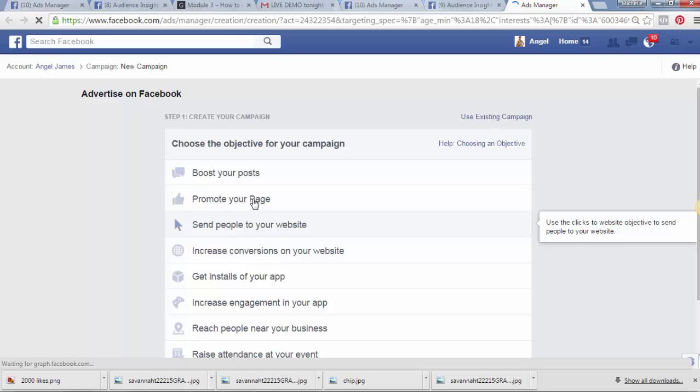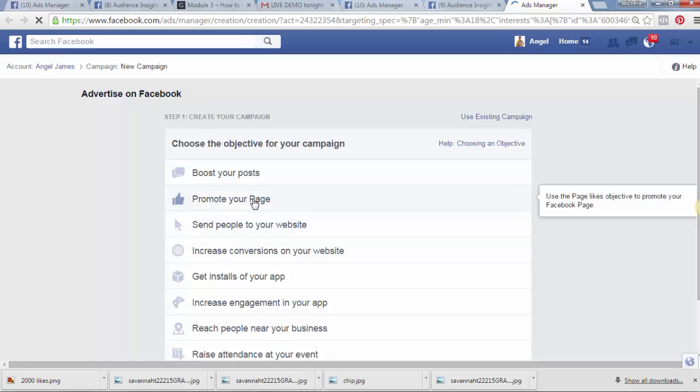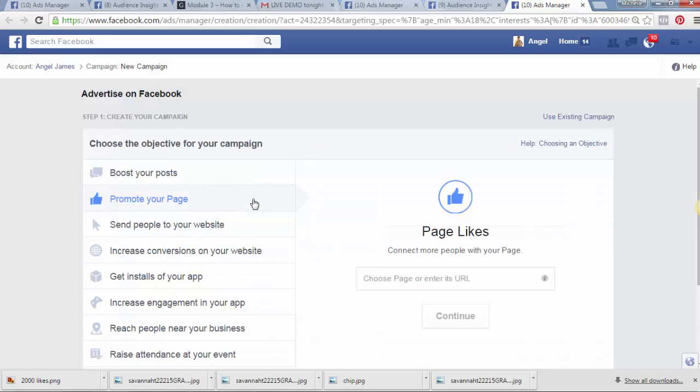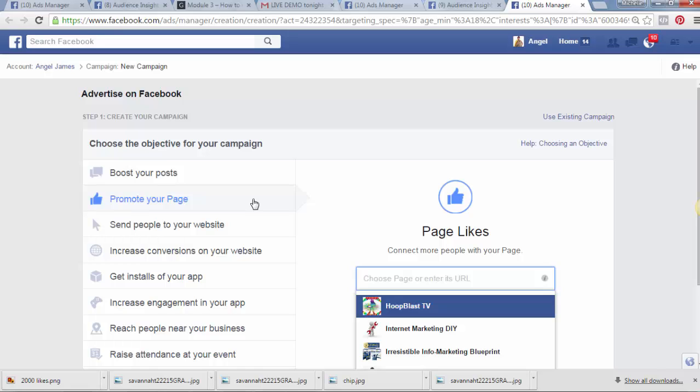And you're going to promote your page. Now I suggest promoting the page because you know that whoever clicks on your ad, they're more likely to be people that are interested in what you've got to offer. So therefore, once you've got them on your page and you can start engaging with them, and you start posting your events and stuff that's happening, you will need to do promotions to your page as well